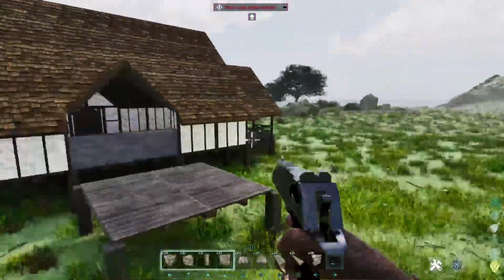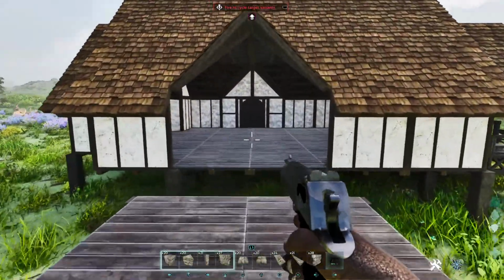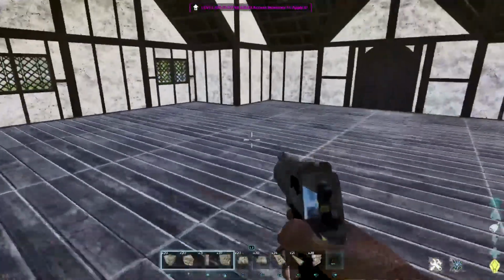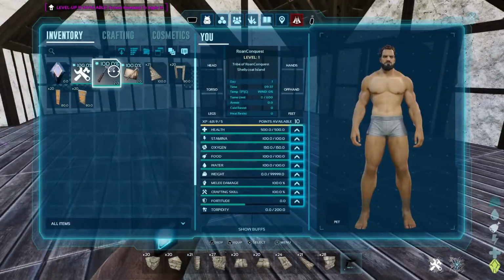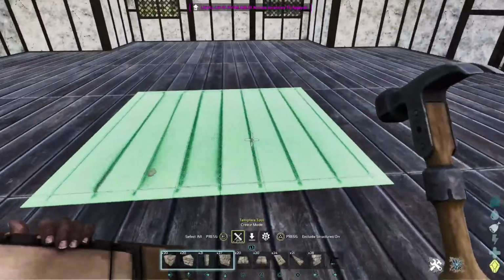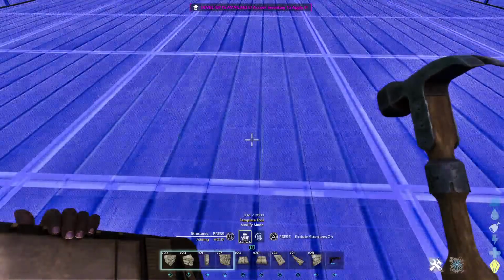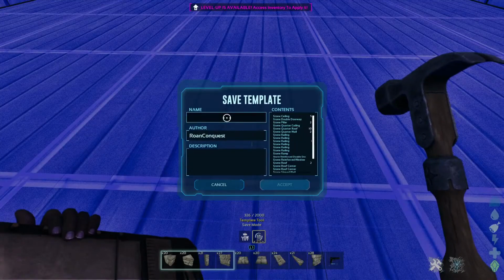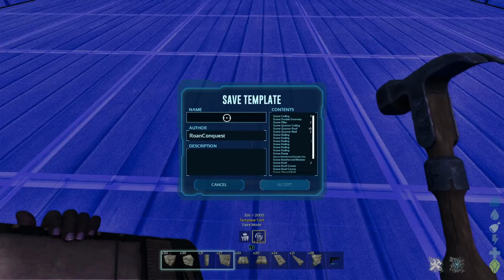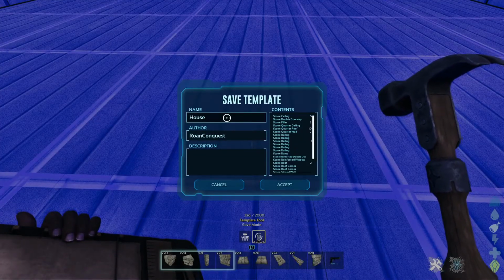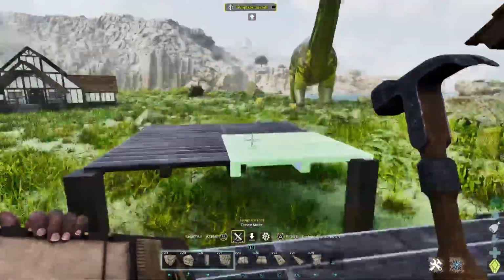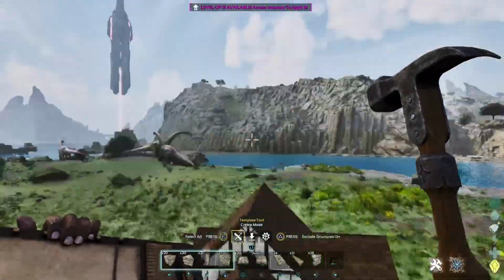And we'll resave it. We'll actually do that right now. We'll resave it. Go to save. Now if I put house, it's going to override our last save. So let's go ahead and get over here,